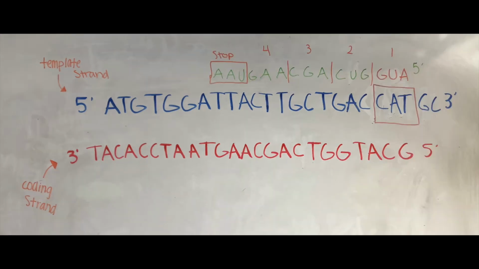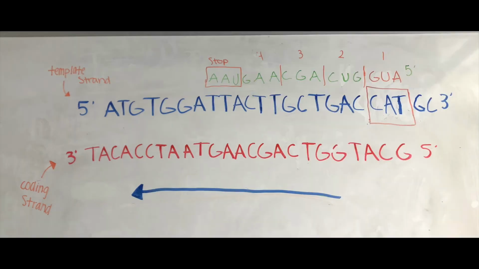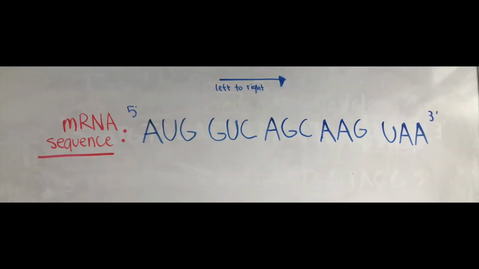The mRNA strand is complementary to the template strand, and the coding strand is almost identical to the mRNA sequence. The template strand runs in a 3' to 5' direction, creating an mRNA sequence that runs 5' to 3'. We can see that we have reached the end of translation once we got to the stop codon, which in this case is UAA, thus signaling the end of the protein chain being built. In my opinion, if you rewrite the mRNA sequence in 5' to 3', it is easier to understand.